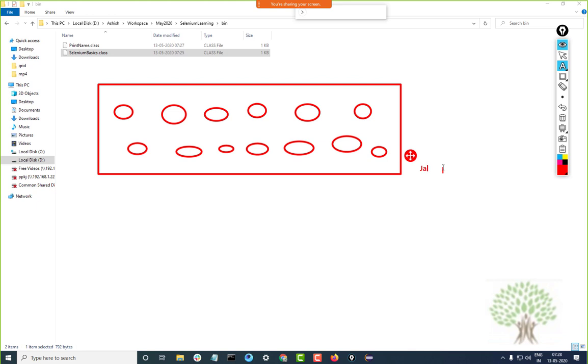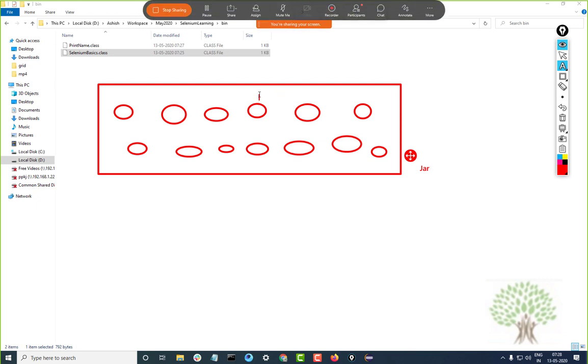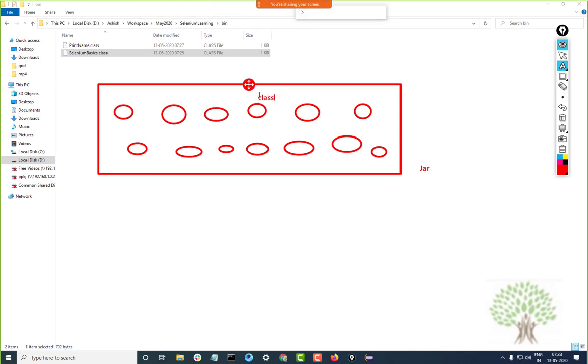This is just like you create a zip file sometimes, and a zip file contains a lot of files, right? So similarly, in our project at times you get a lot of class files, and suppose you have 2000 class files and you have to give those class files to someone. Okay, so what we do is that we actually create a single file known as a jar file which contains all the class files.